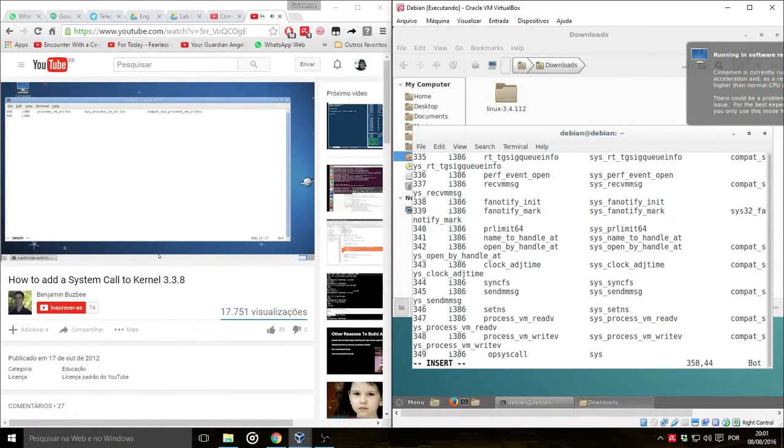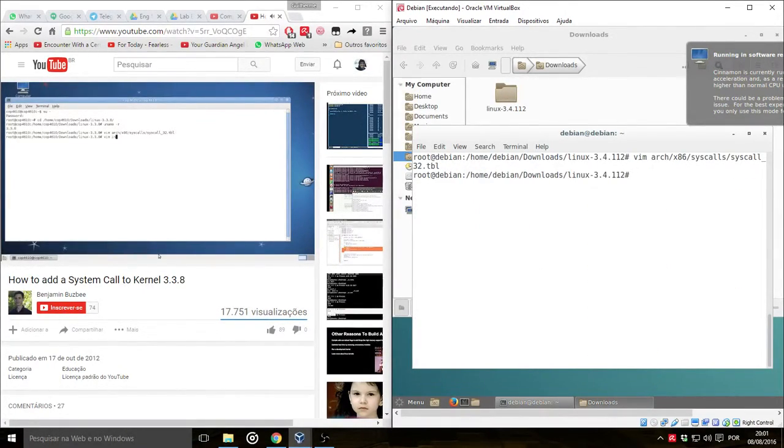We're going to make it called opsyscall. Now we have to have both the name for the syscall and the name for the function that we're going to be using to implement the syscall. By convention, we first put sys in front of the name for the actual function. Que beleza. Once we've edited the syscall table, we want to edit the syscalls.h header file from the kernel,